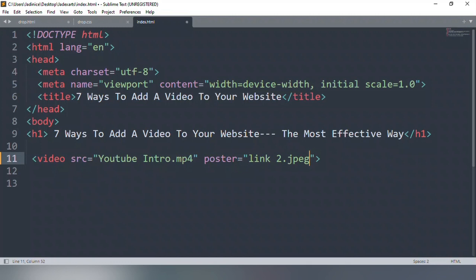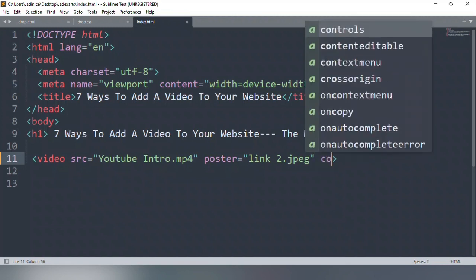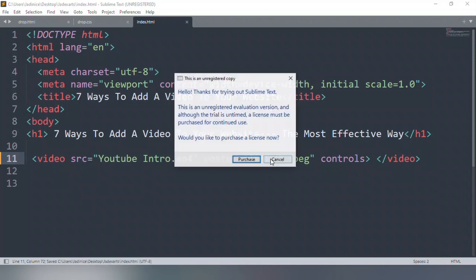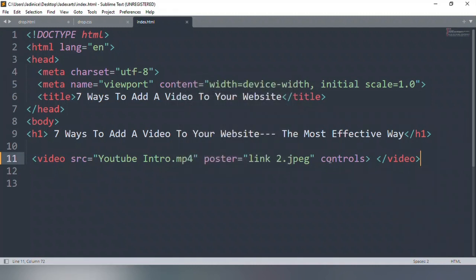If it happens to be .jpg, you add that, and then we'll add controls so that it will be user friendly. Although this is a personal choice, it depends on the project you're working on, but in most cases it's best to add the controls so as not to make it irritating, because without the controls, the person might find it hard to know where to click and where not to click.